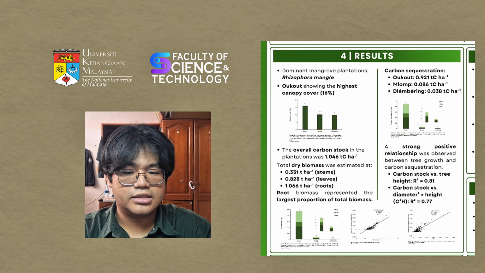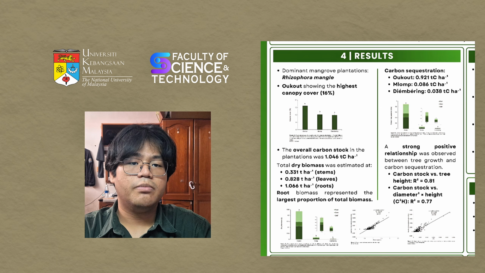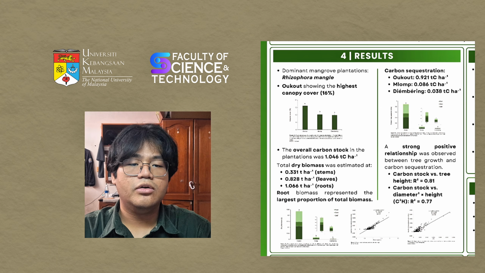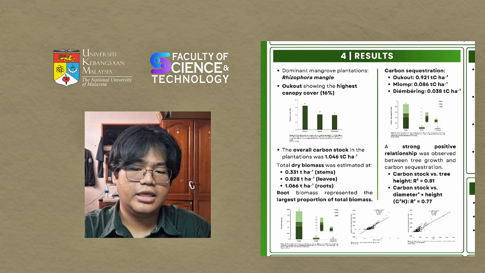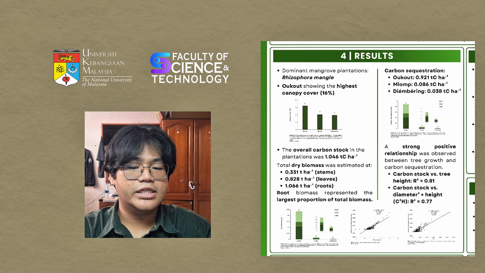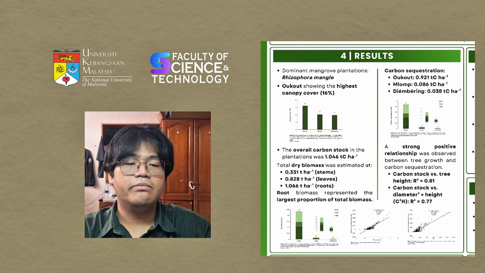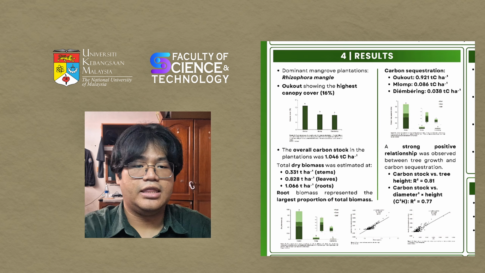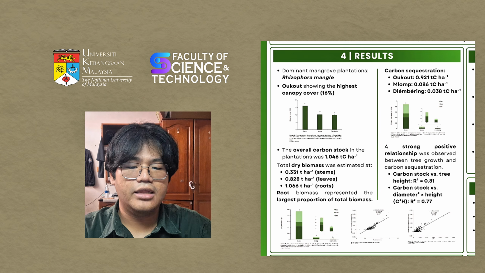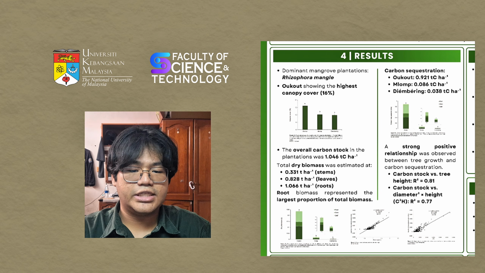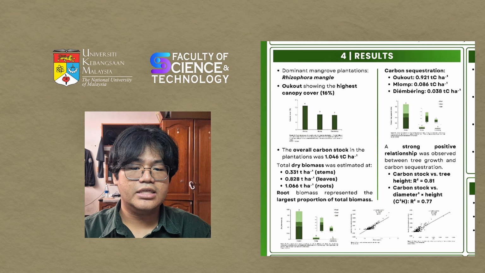stem at 0.331 ton per hectare, leaf at 0.828 ton per hectare, and the largest proportion of the total biomass, which is the root, at 1.066 ton per hectare. After that, the estimated carbon sequestration across the three places